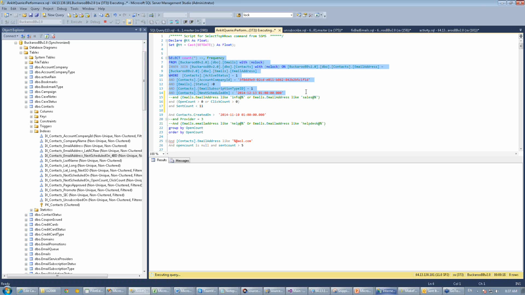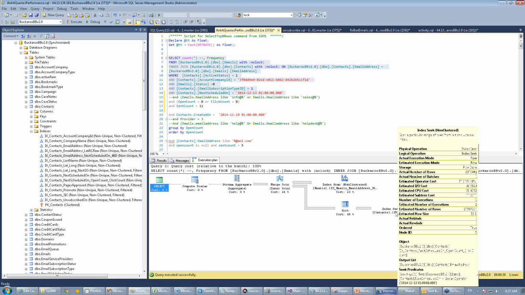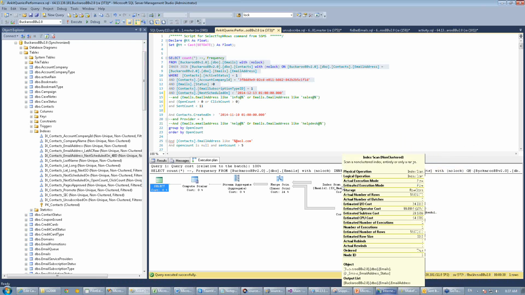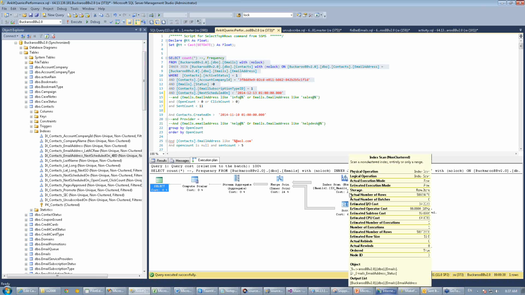Another useful thing to do over here is to add statistics IO on and statistics time on, and statistics IO off and statistics time off. So right now you can see that my query executed, and then there's my plan. What I'm looking for here is that I only want to see indexes. I don't want my query to go to the table, and ideally the index should be a seek. So this is what my index seek is doing here. But here I have an index scan, so I would worry,